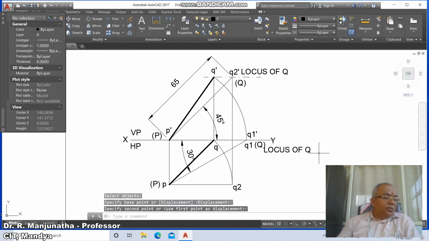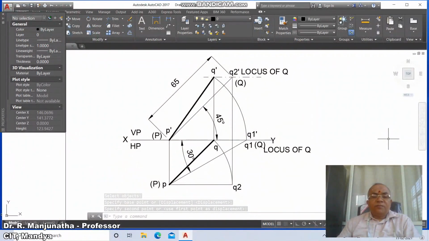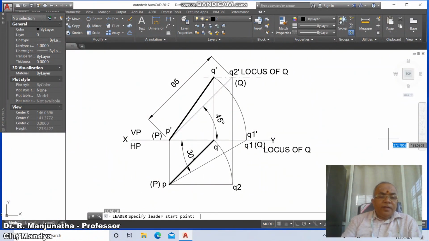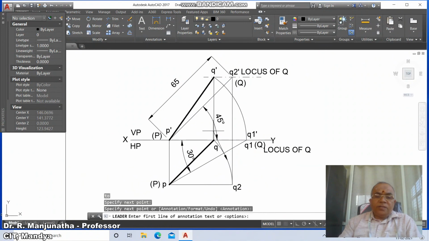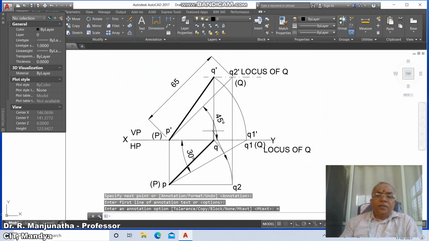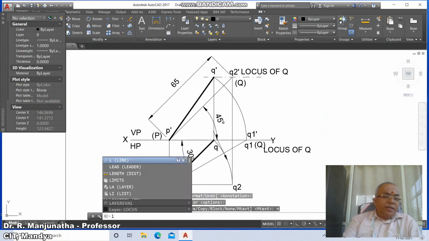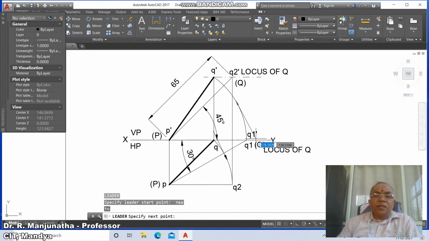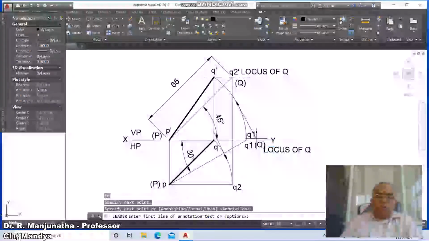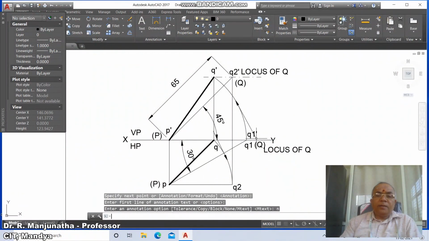Now we need to show the directions of projections. So we'll go for leader. You just go to nearest point and place it on this and click on the tangential line, annotation, option, none. Similarly, leader nearest to, select on this. On this side, we want this, you take it tangentially, then go to annotation, option and none.